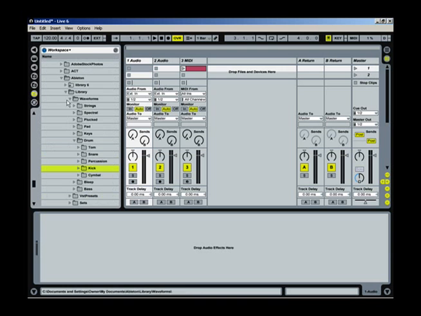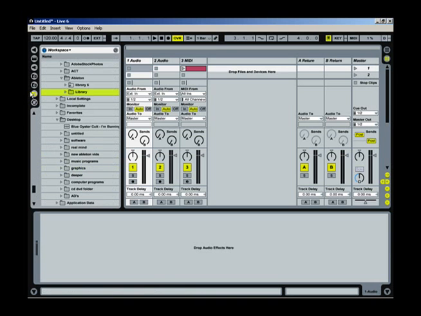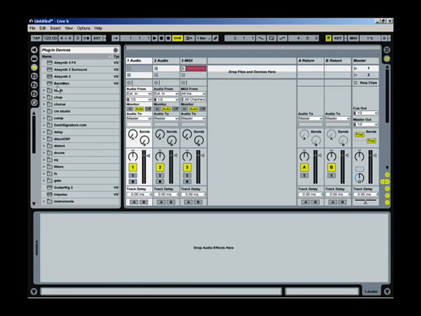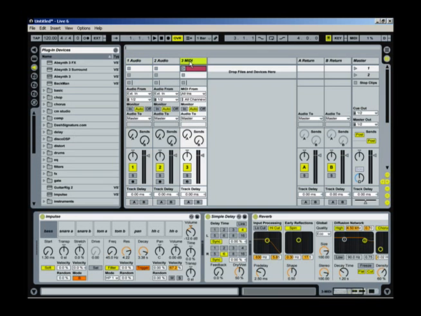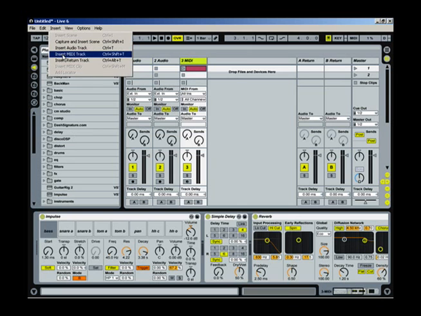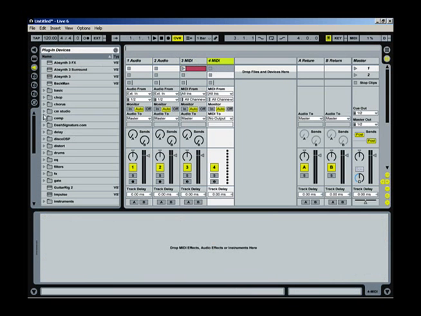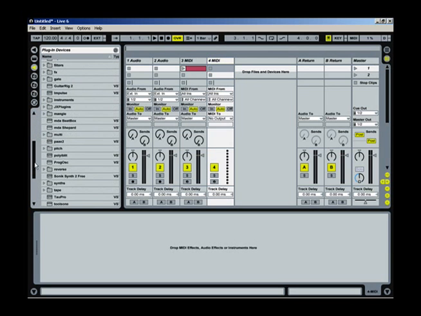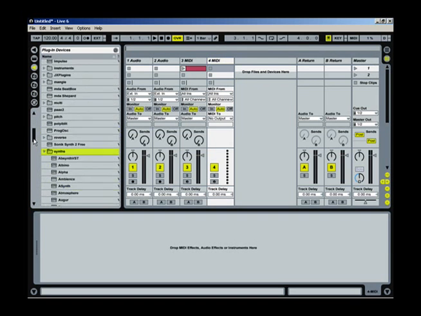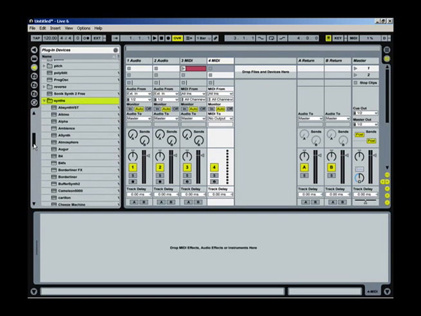I'm going to go back into this plugin area because I want to show you what happens when you drag in a plugin. Let me just make a new MIDI track. I'm going to go Insert, MIDI track. If I drag in, let's say, a synthesizer, I'll grab the B4, which is like an organ. So I drag this down here,